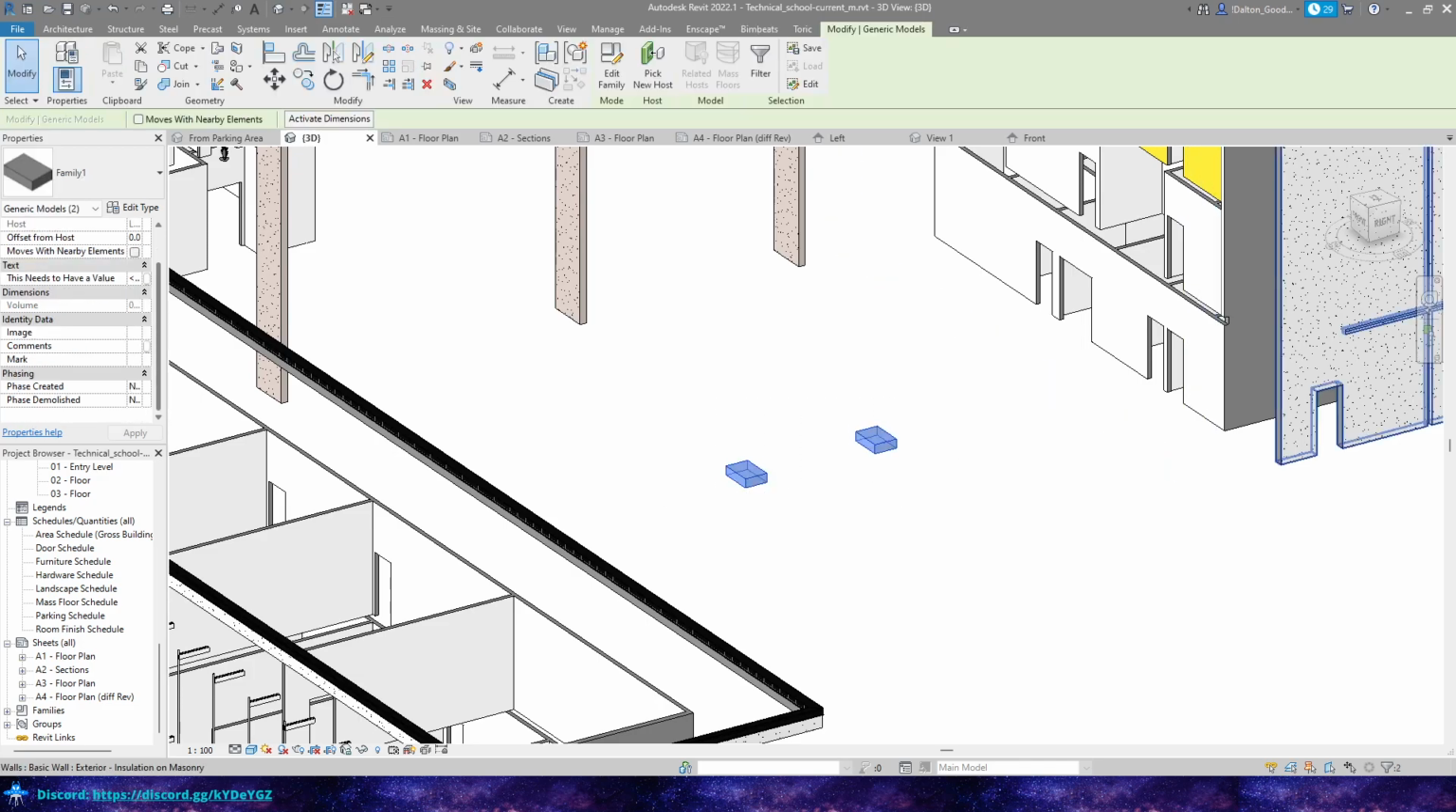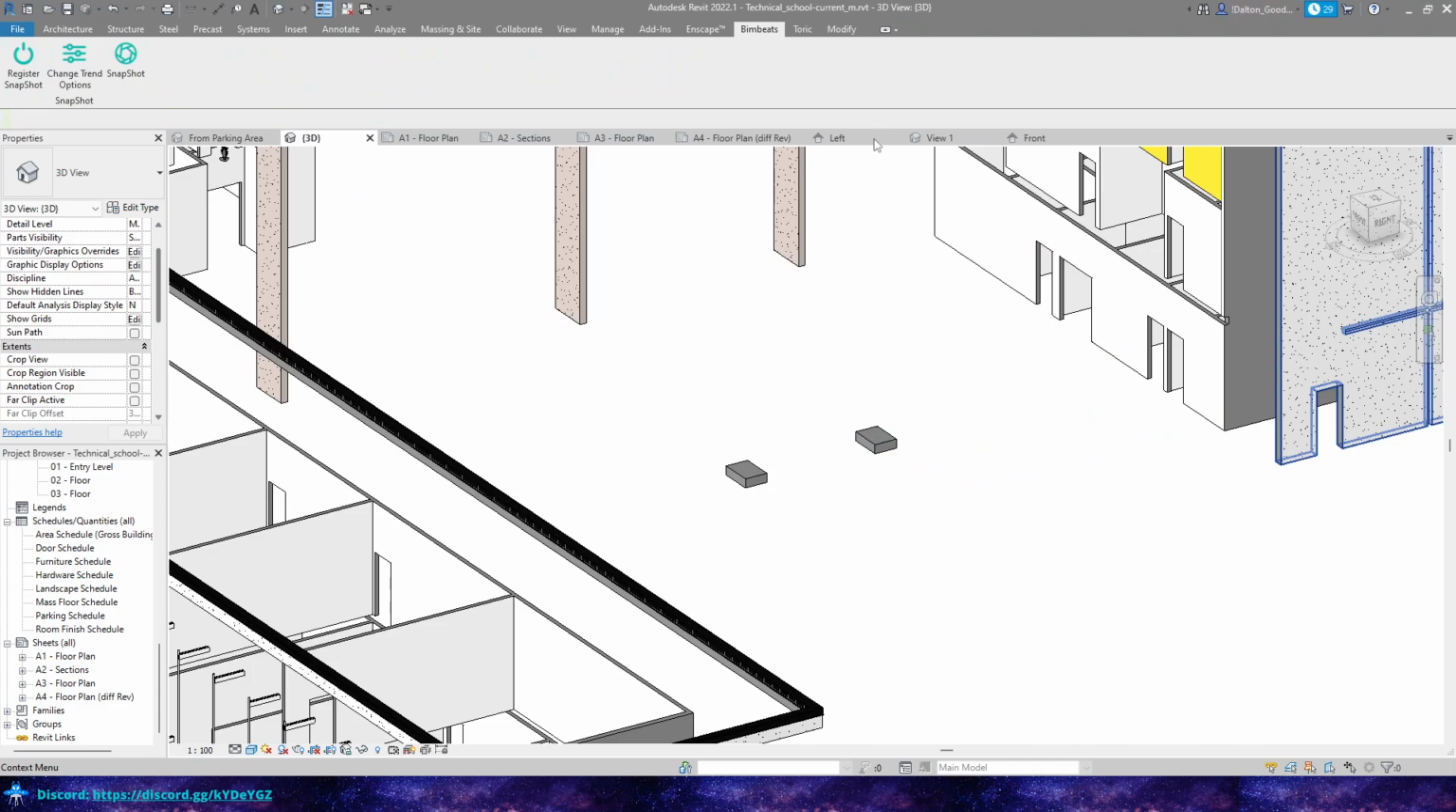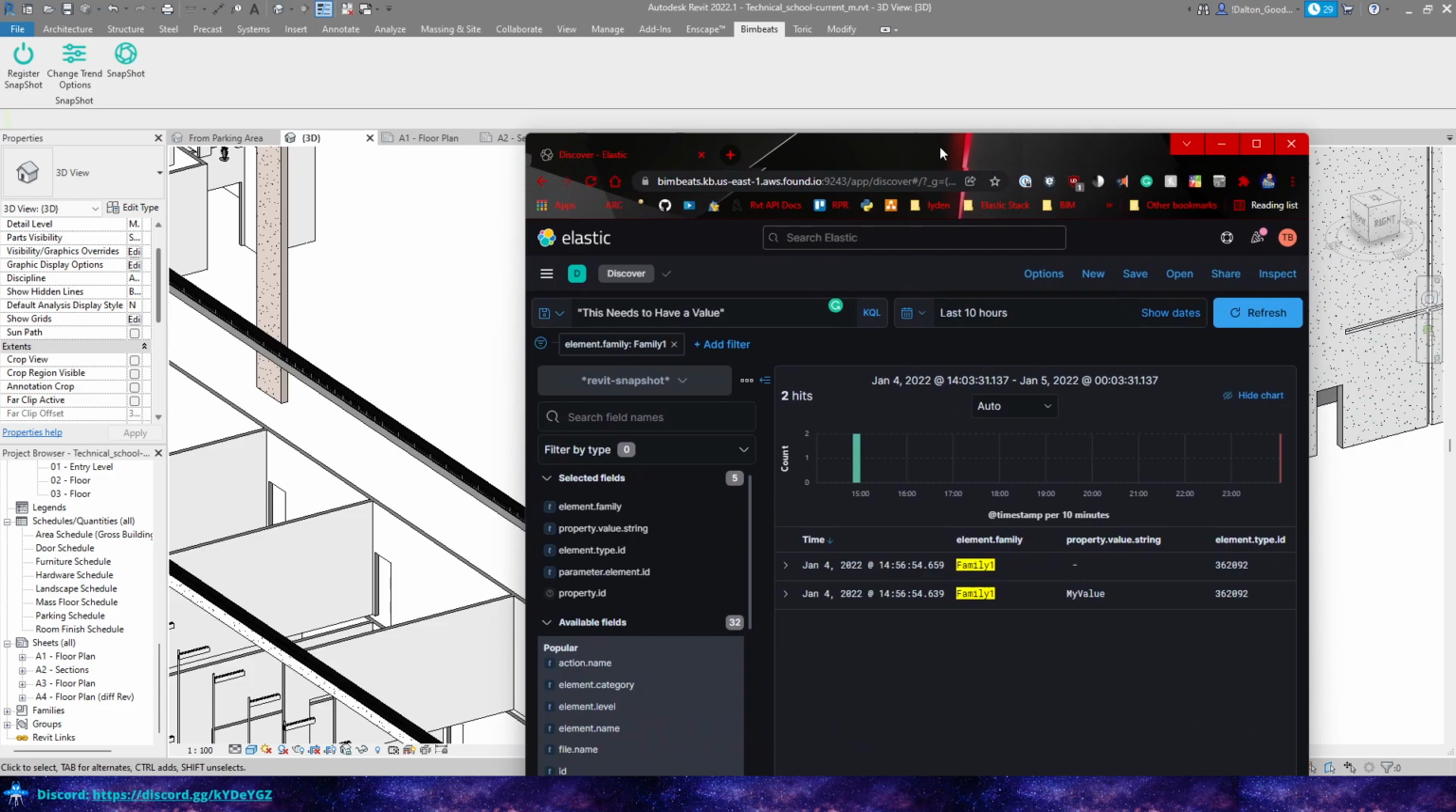I think this is a cool workflow if we can track this information and then visualize it that way. To do that, we just push the data up there, and then